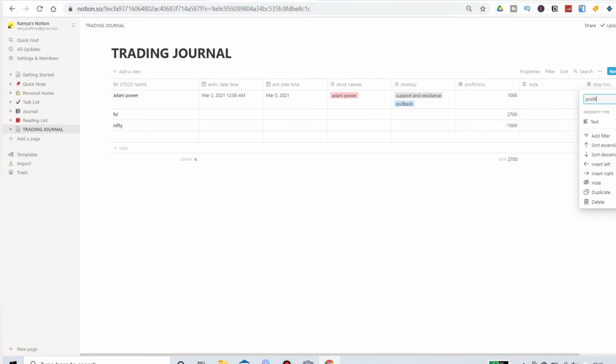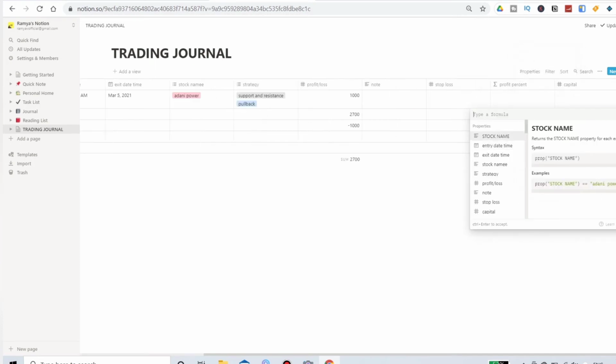So we'll add another one for profit percentage. If you click on the plus icon, we'll have a new one. We'll write profit percentage and click on the property type, which is formula. Click on that. So in capital we'll have number. For profit and loss, the formula is profit and loss into 100 by capital. We'll just enter it here.